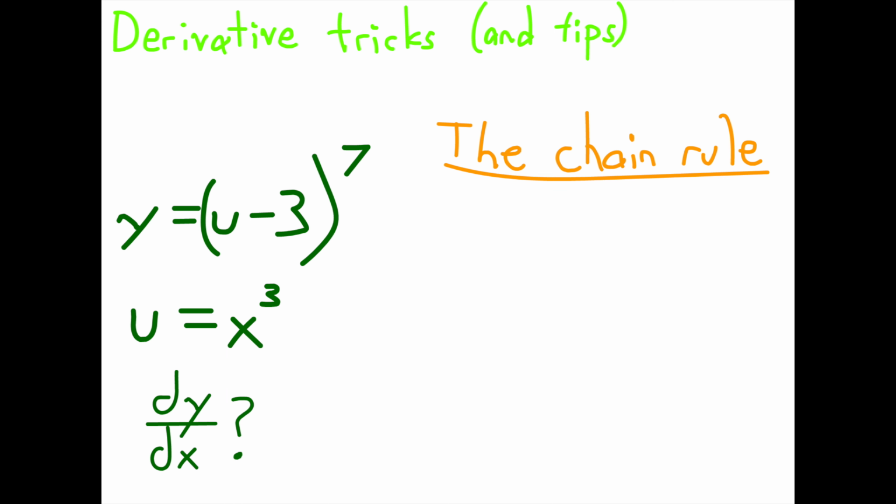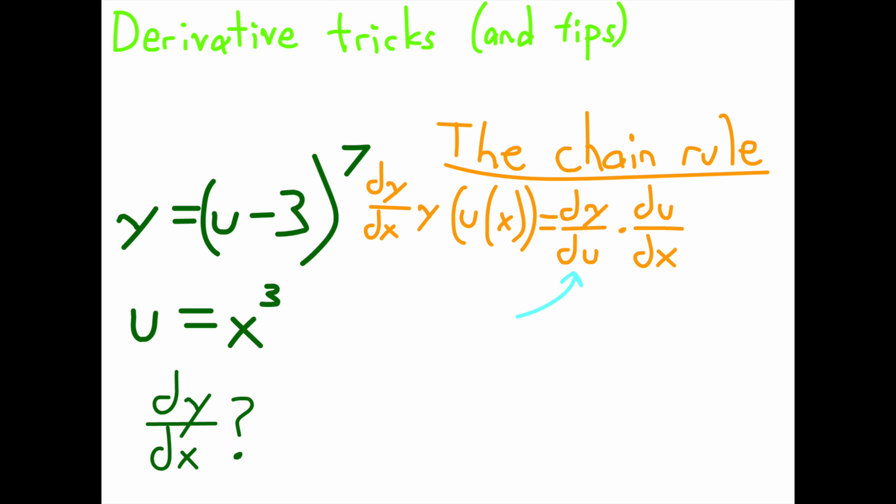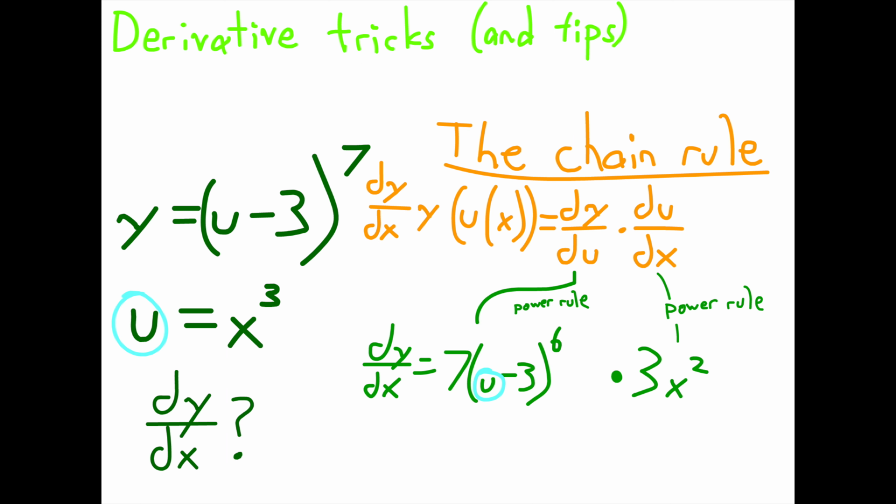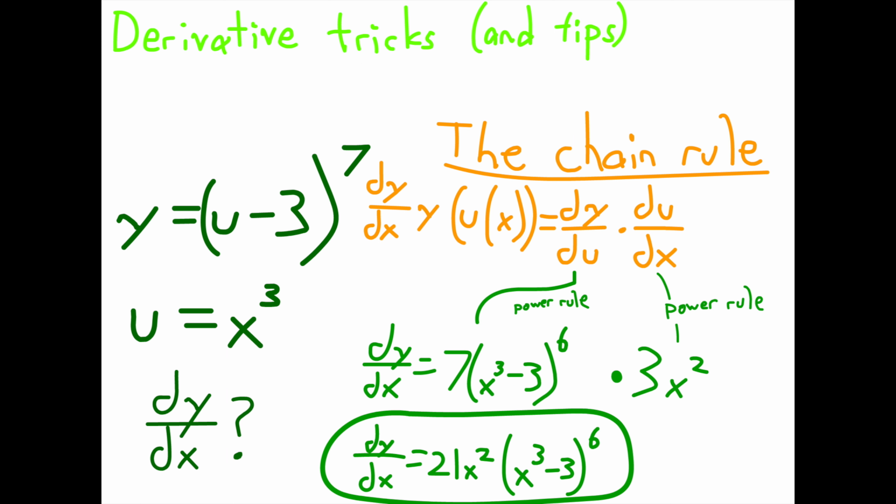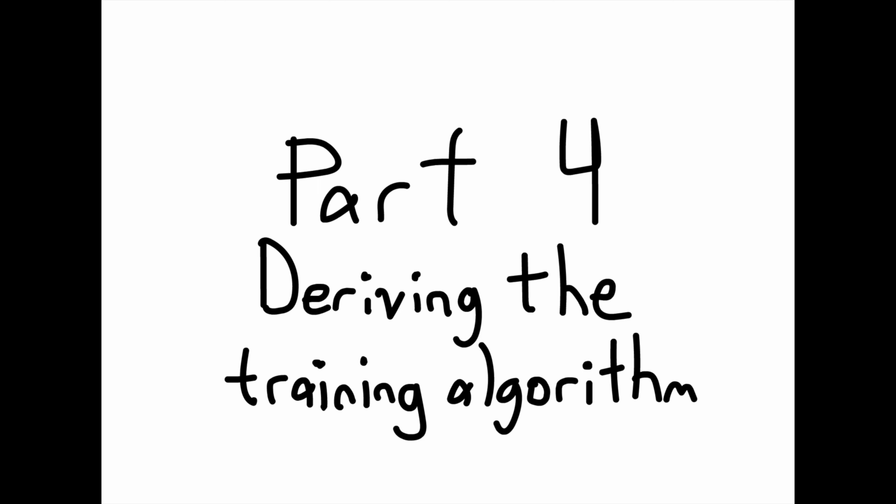Enter the chain rule, which says that the derivative of a composite function, two functions chained together, is the derivative of the outer function multiplied by the derivative of the inner function. If you know the derivative for all the different links in the chain, in this case, y with respect to u and u with respect to x, you can multiply them together to get the derivative of y with respect to x. Since u is a function of x, we can substitute that in and do this visually.